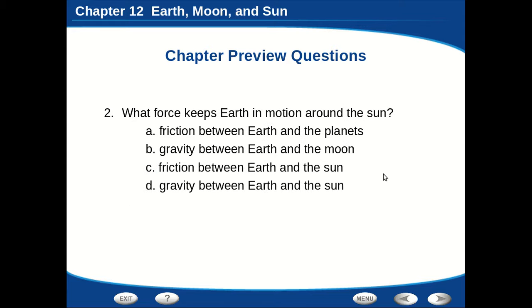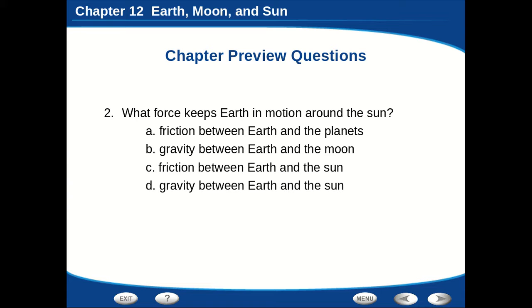And remember, just like when we're in class, these preview questions are going to give us something to build on. So go ahead and think them over, see what you really think. I'll give you a chance to go over that idea in your head and see if you can pick the right answer. But if you don't get it right, don't worry about it. We're just going to build on what we already know.